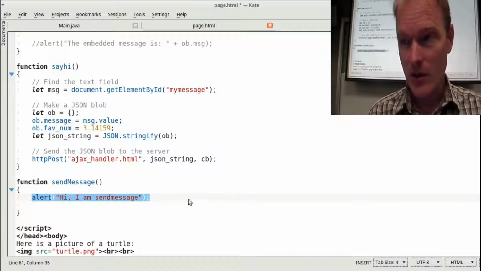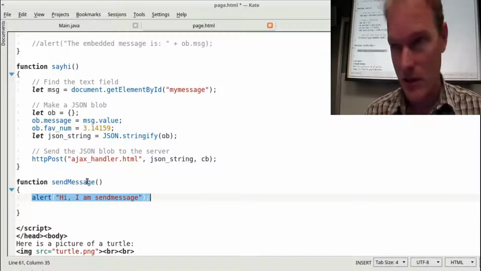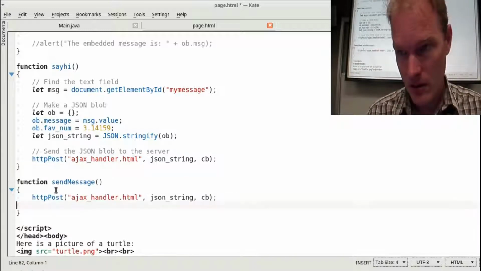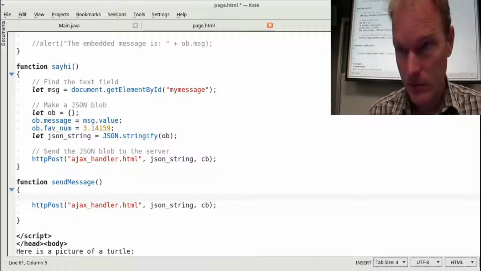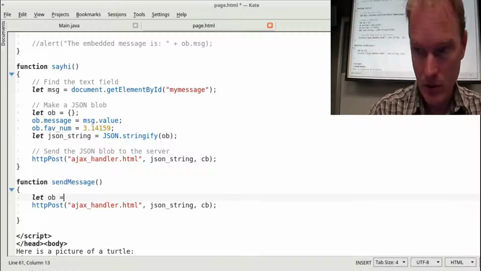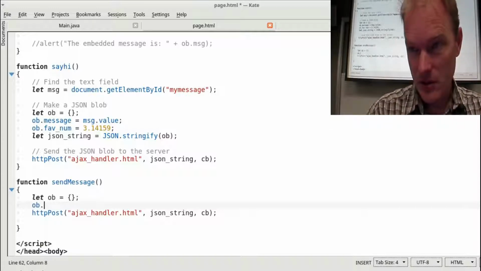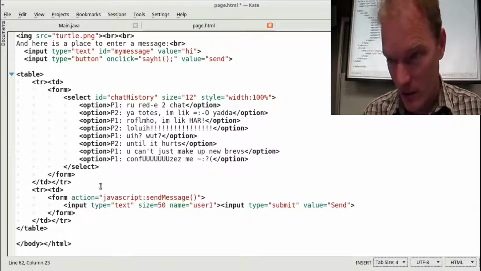The only thing we do is we compose a message to the server here that says something like, well, let ob equal blah, ob dot new message equals, and now we need to get the message out of our form.